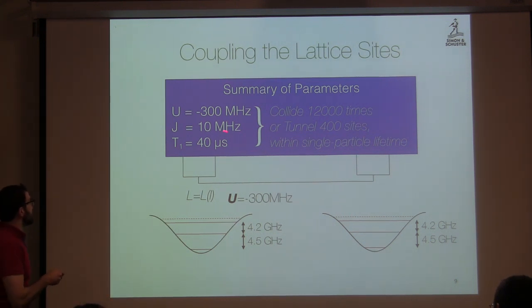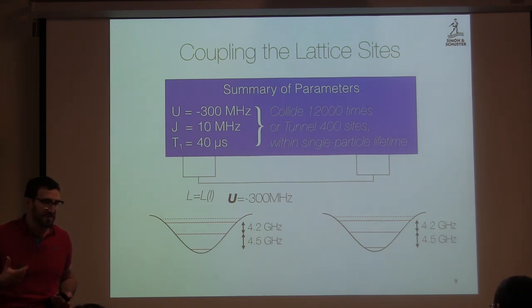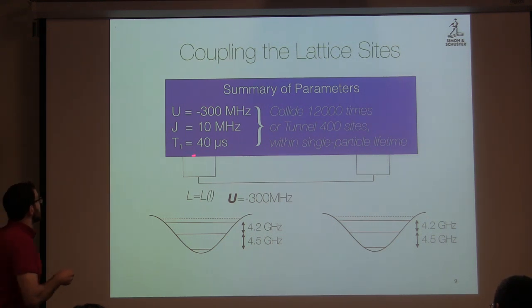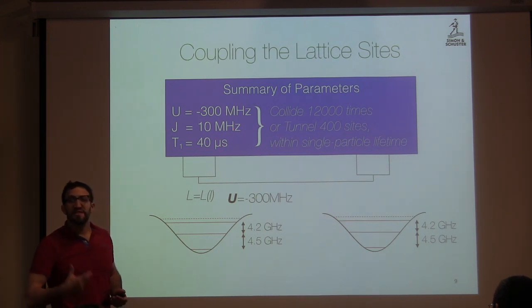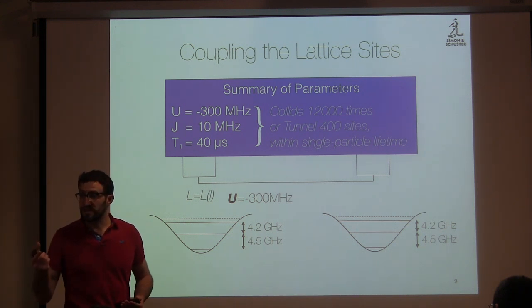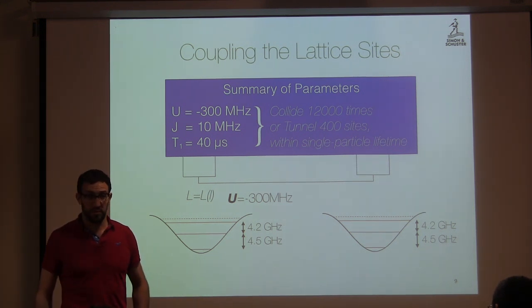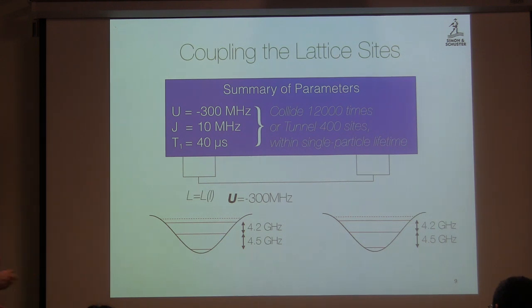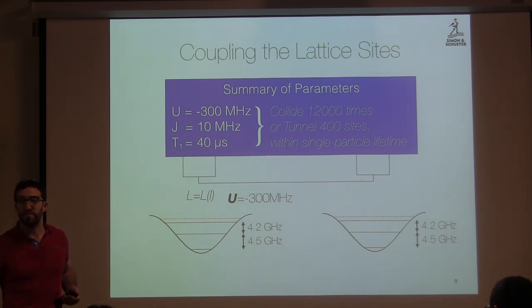Okay? The statement is the photons live for about 40 microseconds up to a couple hundred microseconds, depending on how you fab these qubits. And their interaction energy is typically about 300 megahertz. So you can multiply these together, and that tells you qualitatively kind of how many collisions you get between photons before they leave the system. Okay? Probably you want to add an additional factor of 2 pi, but let's not even do that. That says we can get about 12,000 collisions within the lifetime of the photons.